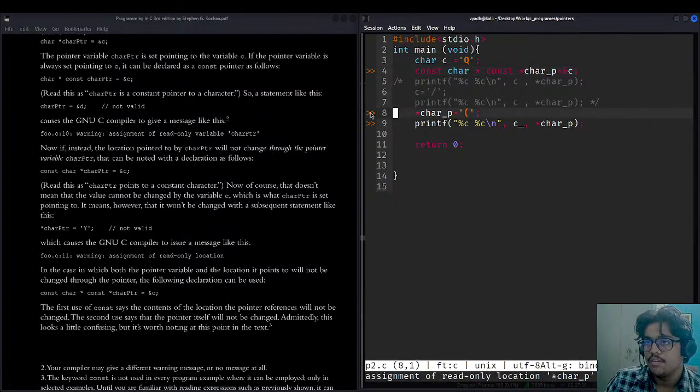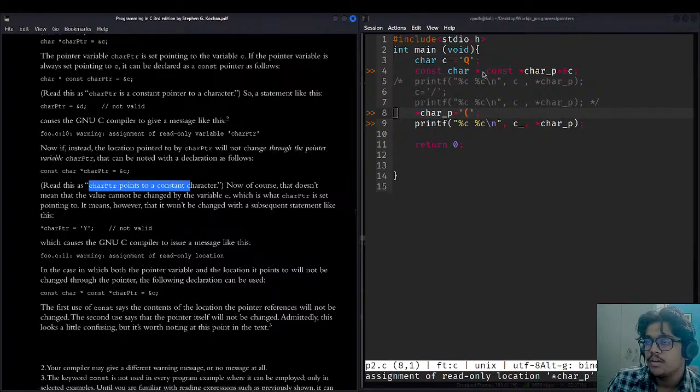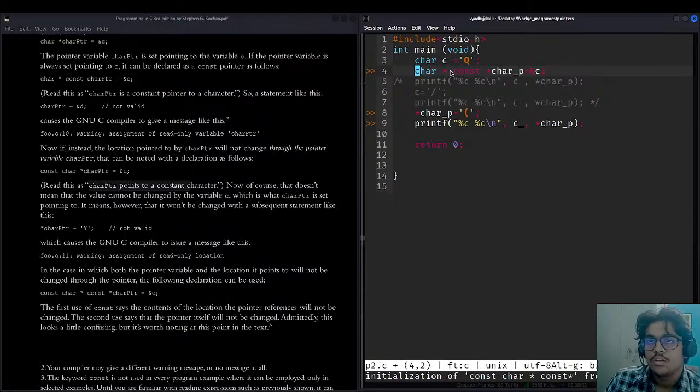Okay, now there are two errors. Assignment of read-only location. You cannot do it like this, because here char ptr points to a constant character, and you have also made this character constant. So I have to remove this const, and I think it will be working now.